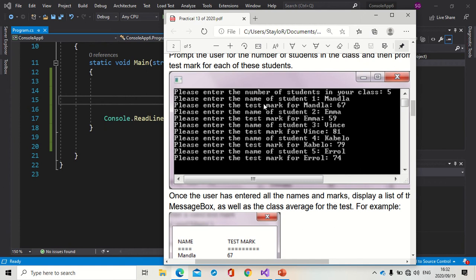So as a good coder, you need to be smart, or you need to do everything in an efficient way. So we use for loops in order for us to be able to only write these 2 lines, and then the for loop repeats them 100 times, 200 times, according to